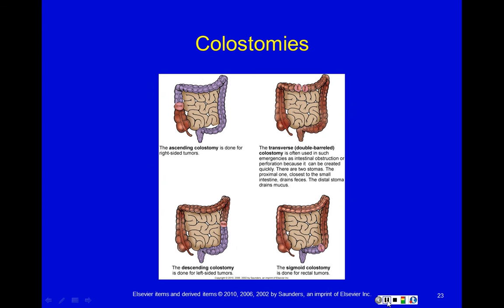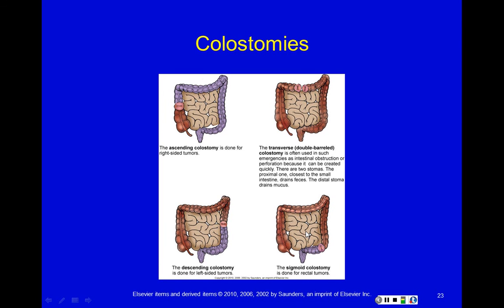And so these are the different types of colostomies that can be performed. Remember, when we looked at the different types of cancers, we know that cancers can originate anywhere along the large intestine. Because of that, this is showing you the different types of colostomies that can be performed as a result of where that cancer originated. In your book, it will go over the different types of colostomies and when they're indicated. Down here with the